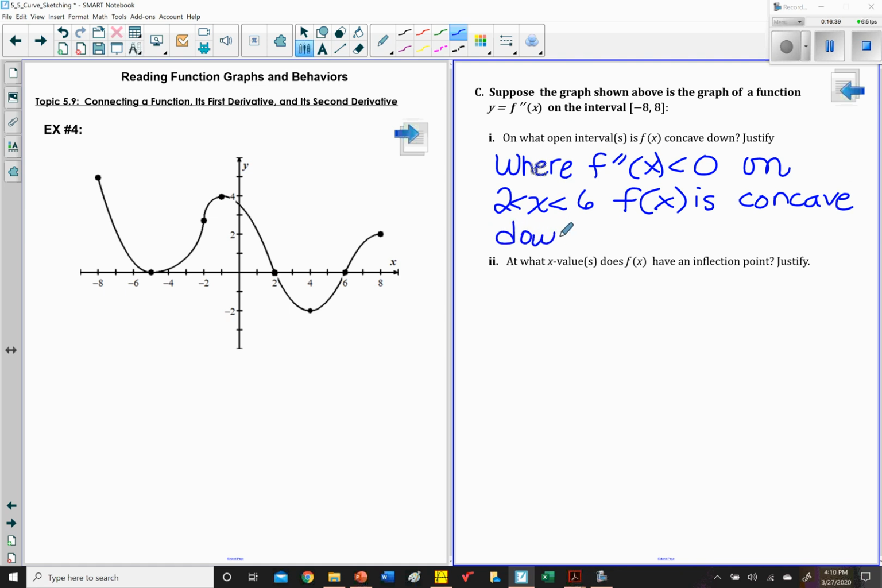And then finally, at what x value does f of x have an inflection point? We would have an inflection point where the second derivative is 0 or does not exist. So we don't have any cusps or corners on this one. We only have zeros. But also, the second derivative has to change signs